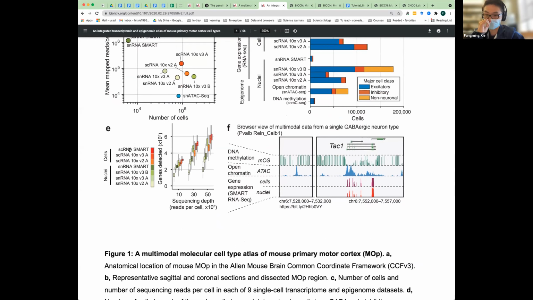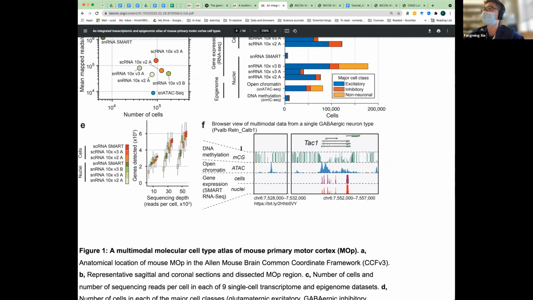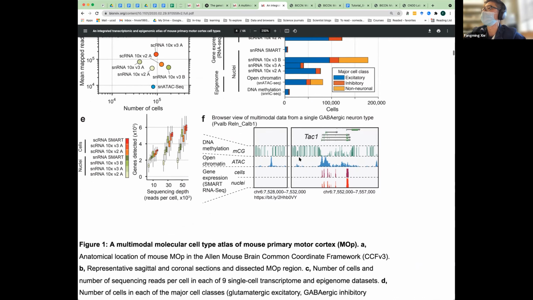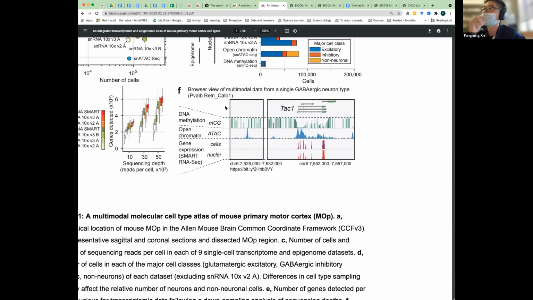And the browser I'm going to show you displays the result of our analysis in terms of the cell type specific profiles of molecular information like this, like panel F of this paper.